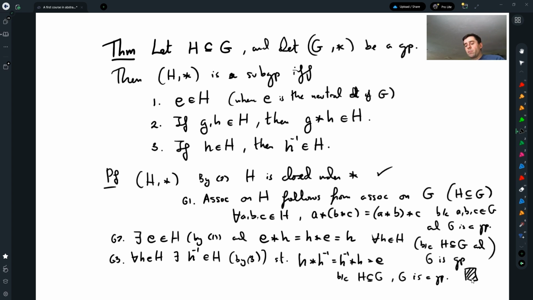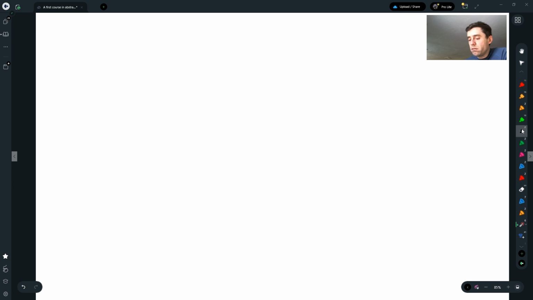So to prove that something is a subgroup, we actually just need to make sure that the identity is in the subset, that the subset is closed under the binary operation, and that the subset is closed under inverses. In fact, you can accelerate this a tiny bit, and you can prove that